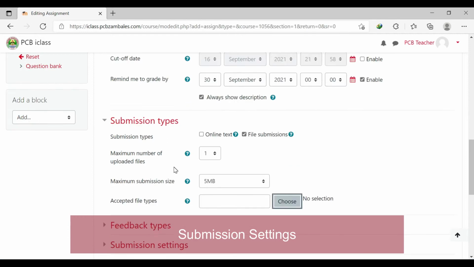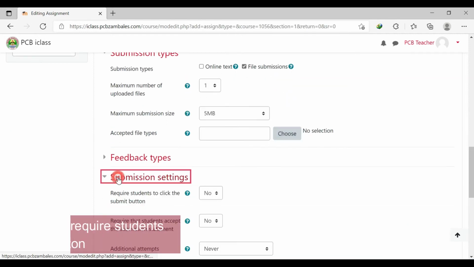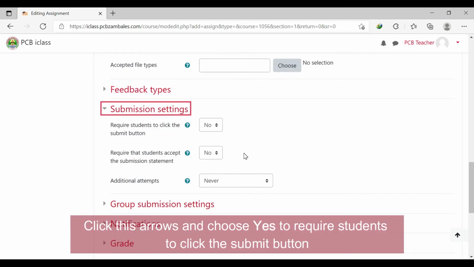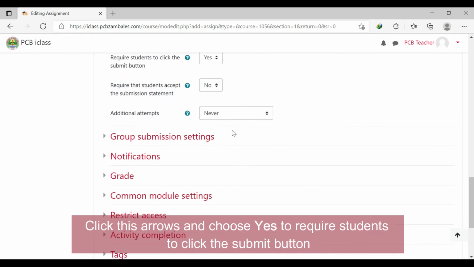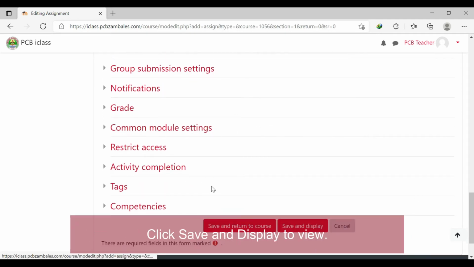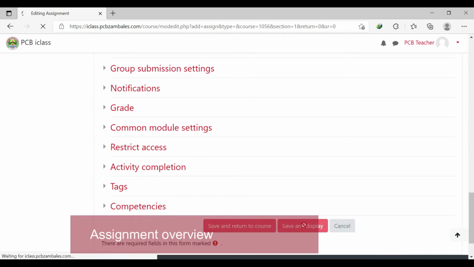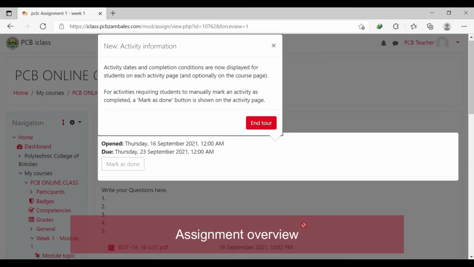In submission settings, click the arrows and choose Yes to require students to click the Submit button. Click Save and Display to view. In Assignment Overview,